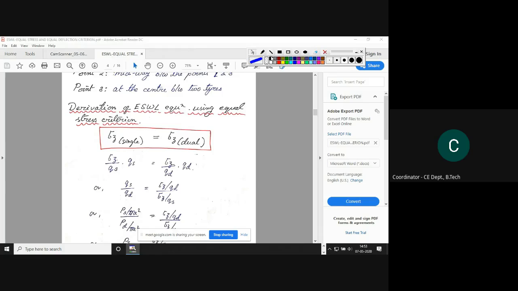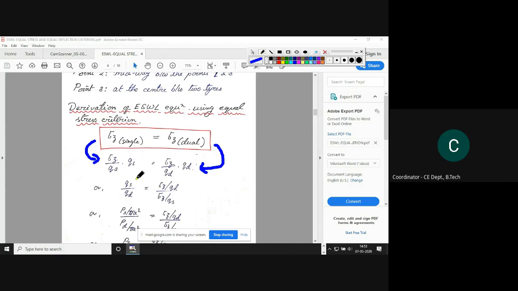Okay. Now see here what we can do. Multiply this term with QS. If we cut it, we will get sigma Z only. We can write it like this also. And same here also, we can multiply this and divide this by QD. If we cut this, we will get this value only, sigma Z only.